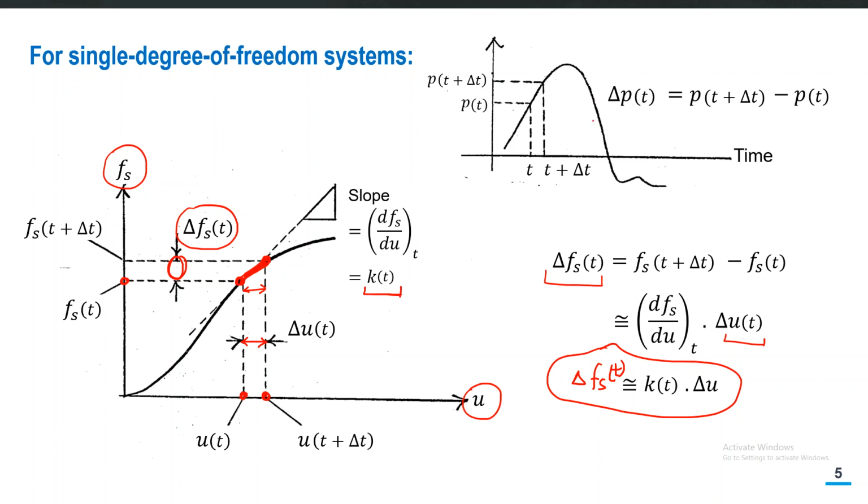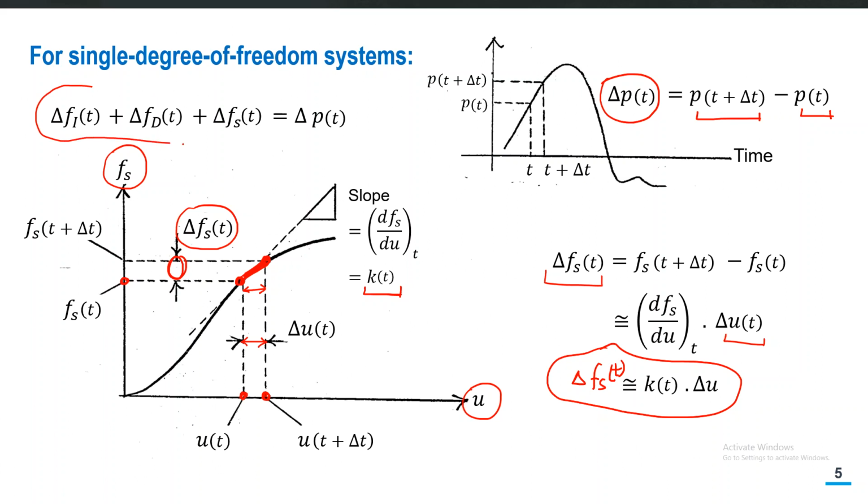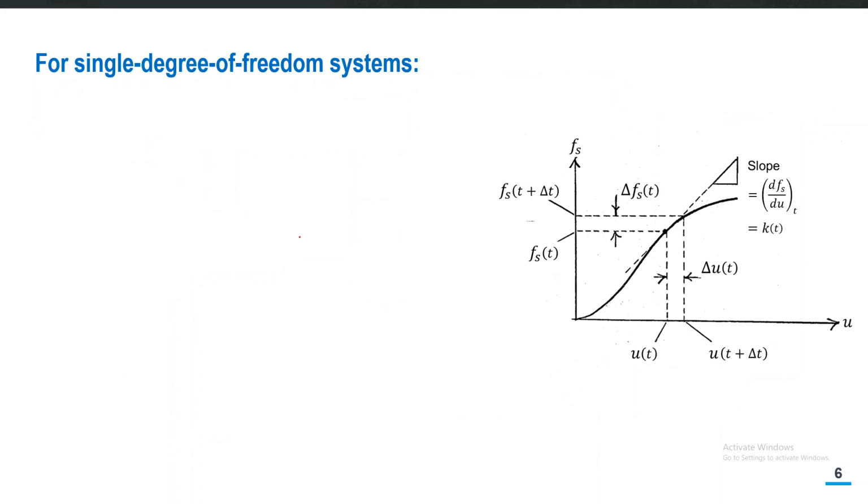Similarly, the difference between the force at t plus delta t and the force at t is represented here as delta p of t. So this delta p of t is the change in the applied force between time t and t plus delta t. We have seen in the single degree of freedom case that this was the incremental form of the single degree of freedom system. And we know that if we invoke this piecewise linear assumption for Fs and u, and similarly Fd and u dot, we can write that